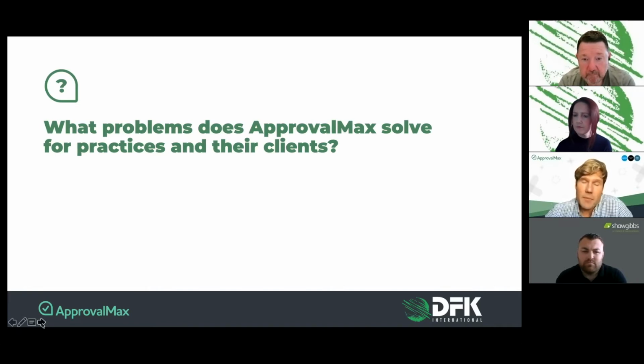ApprovalMax obviously eliminates all paper and email communication. So in that sense, you are always sure that everything is digital, centralized in one place, and you can always find it at the end of the year when you're running your audits. Of course, people can collaborate with ApprovalMax and work on the go, especially during COVID when most of the people were leaving their offices and still having to continue with their daily business activities. ApprovalMax saved a great deal of time to enable people to contextually communicate and put things in place